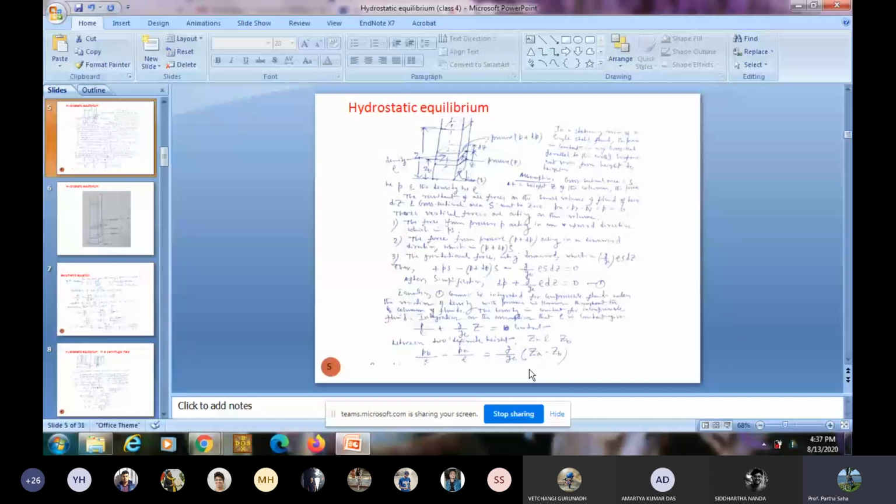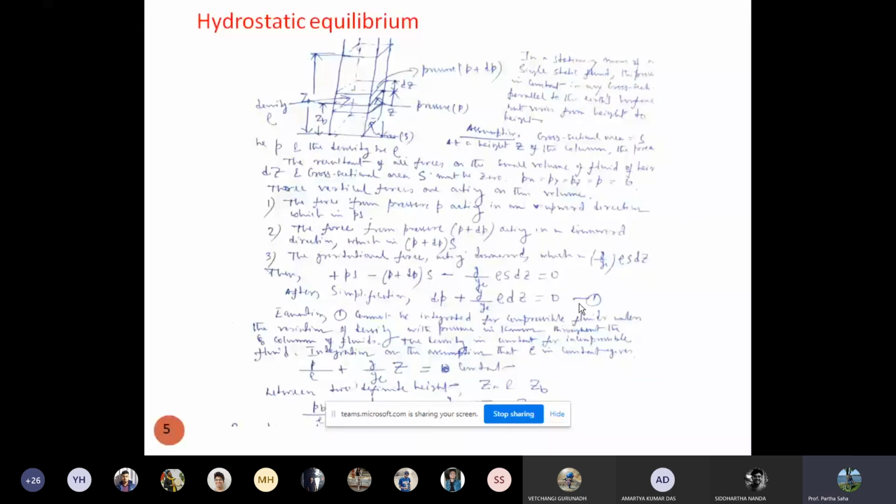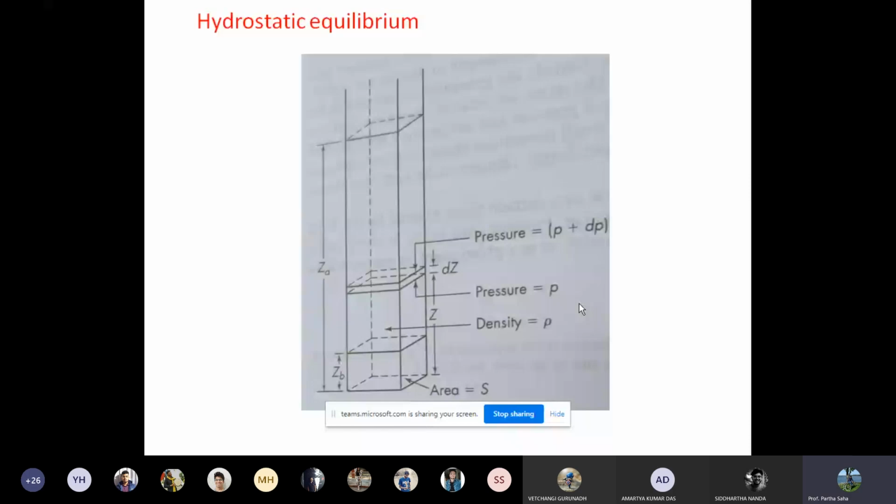This is a very important equation. You should keep it in mind, and it will be useful as you move forward. You will see that a lot of the manometer concepts and pressure topics are all related to this hydrostatic equilibrium, so these are very basic equations. I kept this picture from the McCabe and Smith book because the picture on the previous slide might not be clear to the student. You can always refer to this picture if you want to understand the equation I derived. The same expression is derived in McCabe and Smith, and you can look into that also.